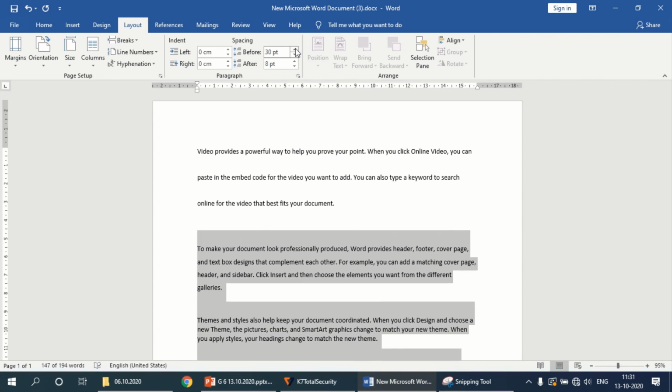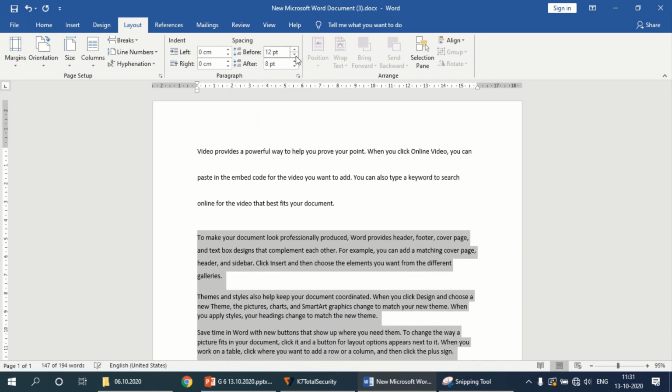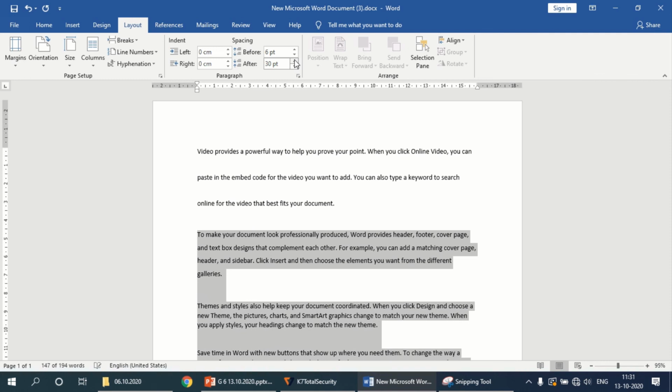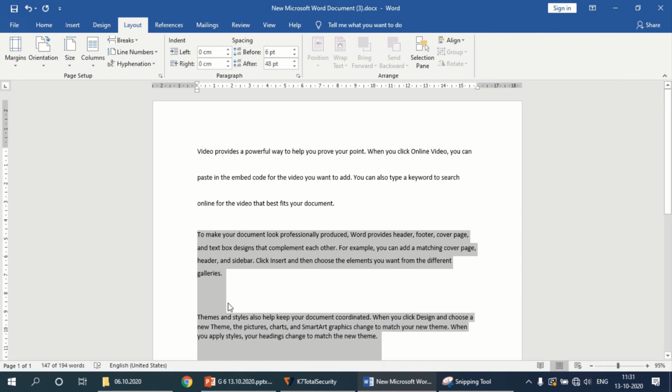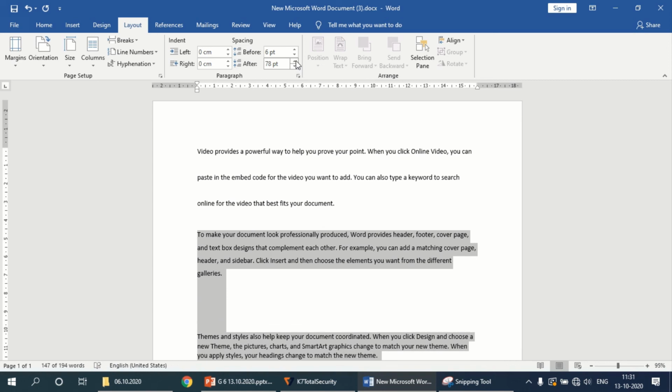If you increase the spacing before the paragraph, the spacing is getting increased, right? So here the spacing is getting increased before the paragraph, and after the paragraph. So if I reduce this, it becomes reduced, right? So if I click After, see, after the first paragraph, the spacing is getting increased, right? So this is how you have to set the spacing before and after.